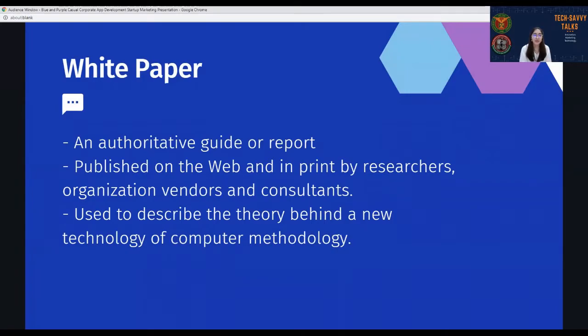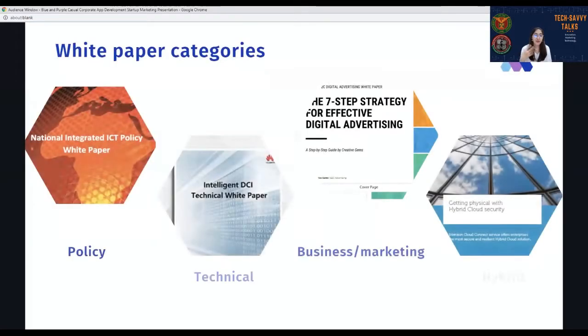So companies, public institutions, governments, universities, and individuals publish white papers to address an industry problems and to propose their solutions. And according to the B2B or the business to business content marketing 2018 benchmark budgets and trends report, white papers are one of the top four most effective types of marketing collateral preferred by 71% of companies. And historically, white papers were legislative documents that explain policies, actions, and methodologies, and often published to invite public comment.